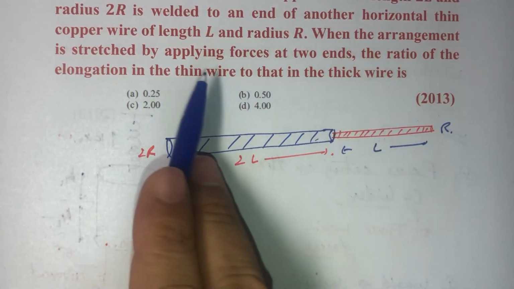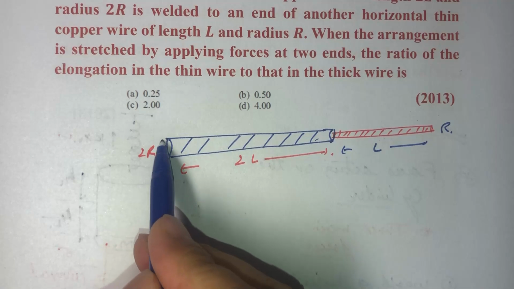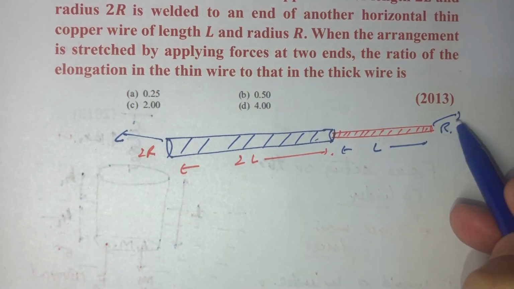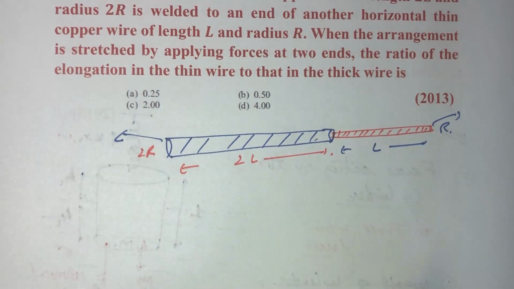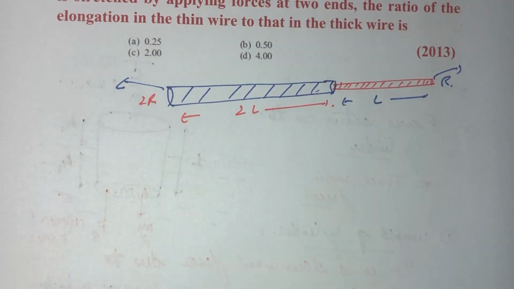And it says that applying forces at two ends, so it means forces are being applied at this end also and at this end also, being stretched from both ends. So in this case we are going to use the Young's modulus of elasticity for thick wire as well as for the thin wire, and then we are going to find out their respective ratios. We can say